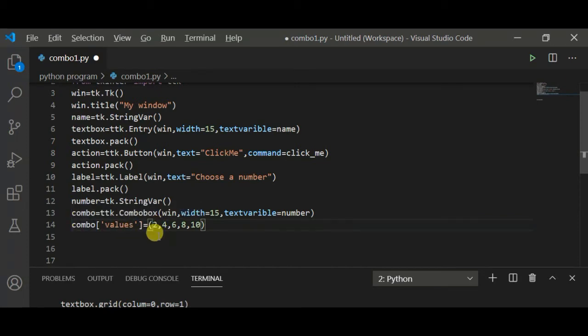This line assigns a tuple with default values to the combo box, and these values will appear in the drop down box. We can change these values by typing different values while the application is running. You can change it also.